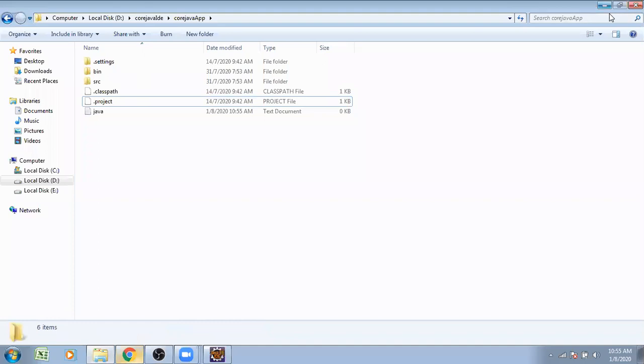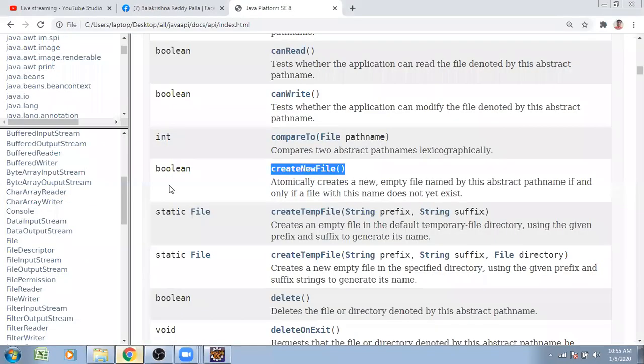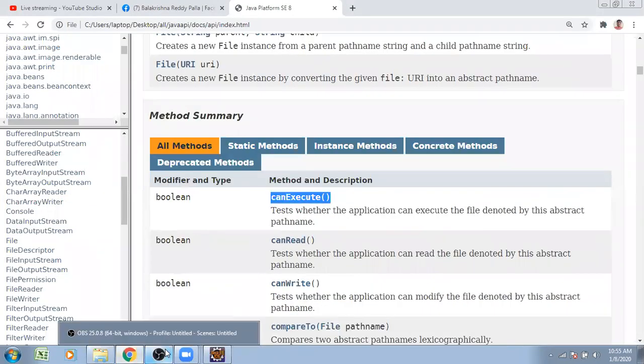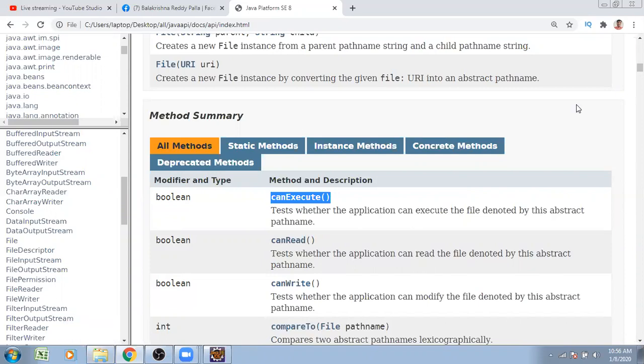I wanted to utilize this file. Before utilizing the file, I have to cross check which type of permissions there are. Can I write to that file? Suppose Sai created this file and Abhijit wanted to use it, but Abhijit doesn't have read or write permission. Abhijit wanted to store the data, but I have not given him write permission. So I have to cross check before using my file. It is a better practice to cross check which type of permissions are assigned to a file.